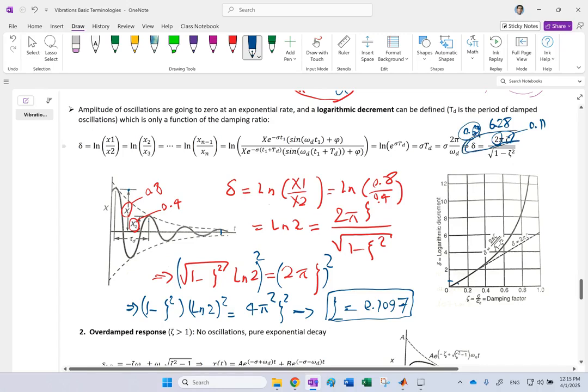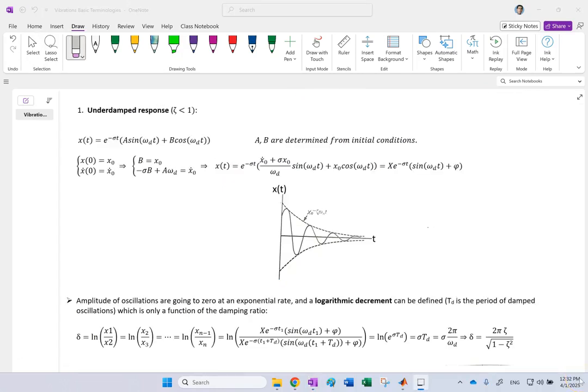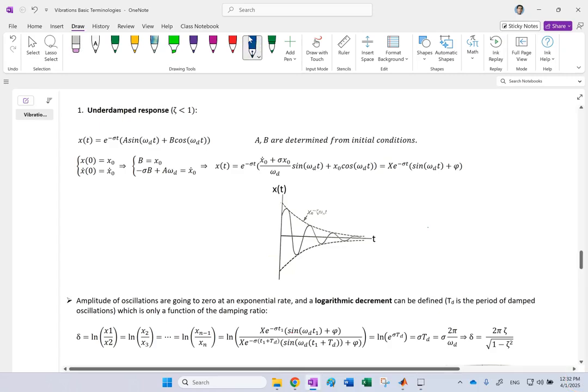I can do the approximation here because my zeta was small, so I could just directly do it there instead of going through the second order basically algebraic equation. But that is the way that you can solve it for any general zeta, whether it's small or not. One extra thing I wanted to tell you before I move to the critically damped response is,